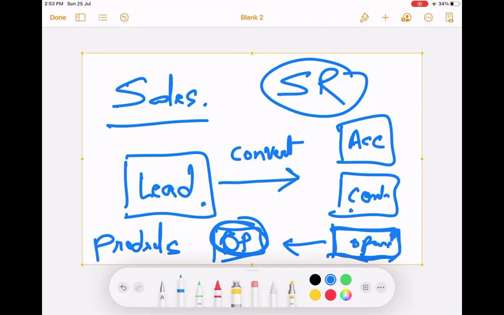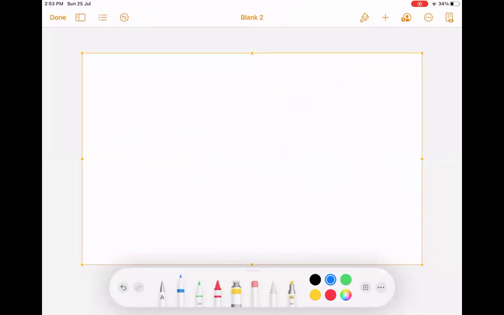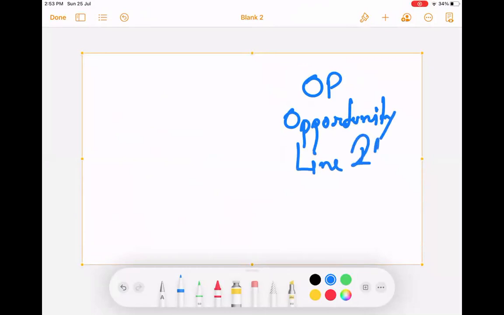So a customer has now purchased your products. When a customer purchases your products, basically the opportunity product, that is the opportunity line items, also called opportunity line items. Opportunity products and opportunity line item are the same thing.